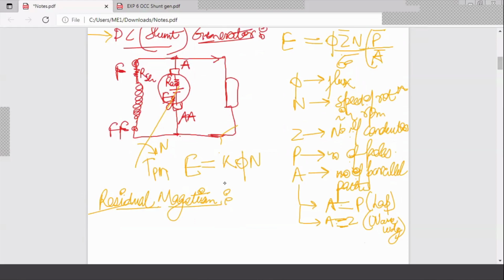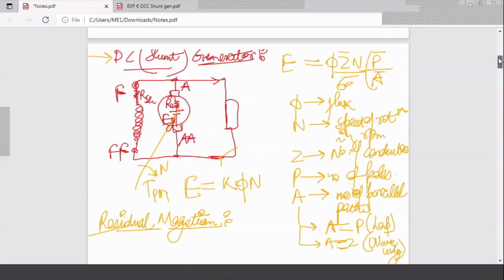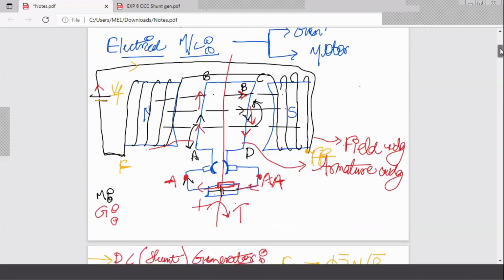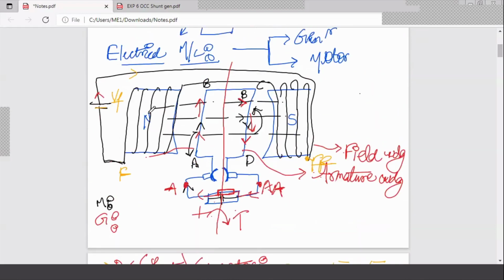That means if I have some magnetic material, for example, this circuit which you have drawn, this field winding, I have wound on this, and a north and south pole has been formed. I have provided a supply, as a result of which a magnetic flux has been established, right? Now, whenever I turn this supply off, VF I make zero, what will happen?